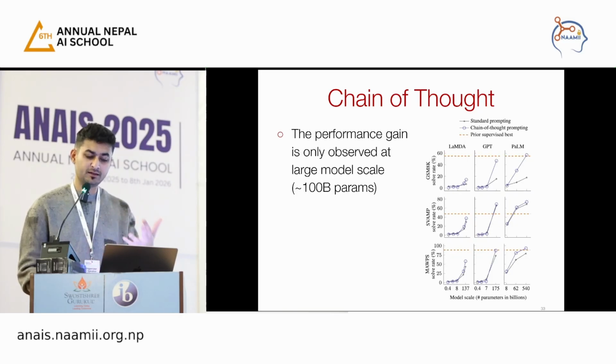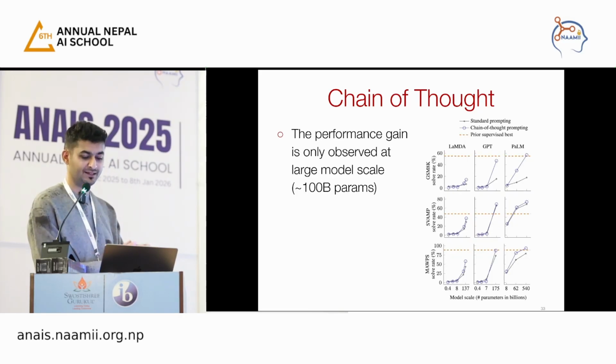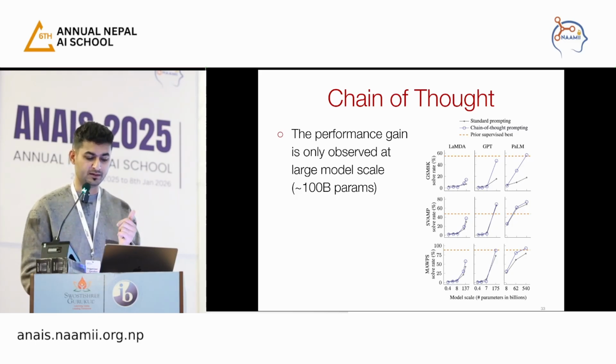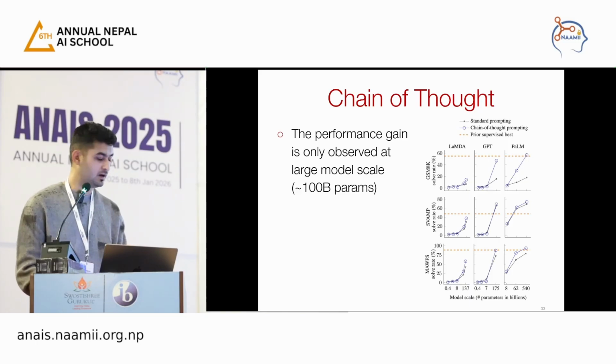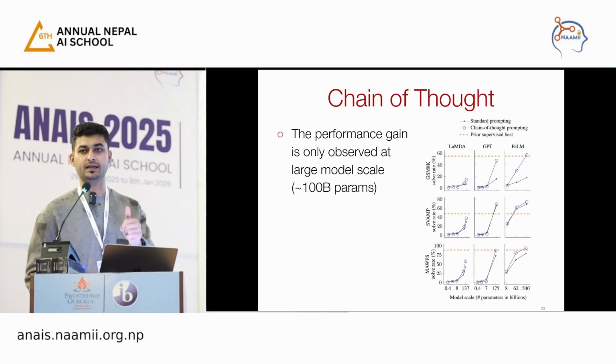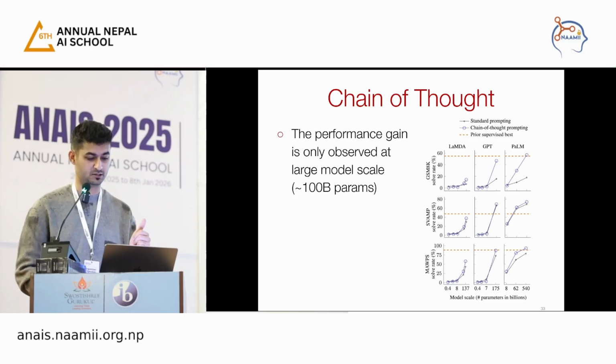Another observation, which relates to emergent abilities, was that chain of thought prompting only helped large language models. It didn't help smaller models. If you see the math word problems and the other benchmarks here, on the smaller model sizes, when standard prompting versus chain of thought prompting are compared, there was not much elevation of performance in the smaller models, but only in the larger models. So this was also one key insight from this series of work.